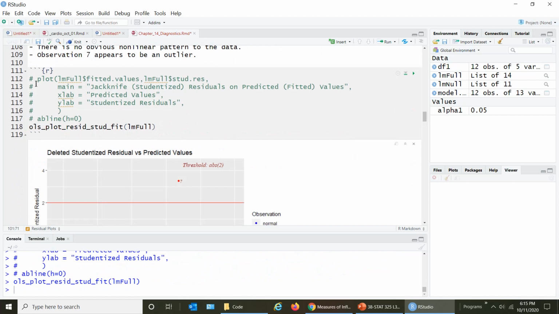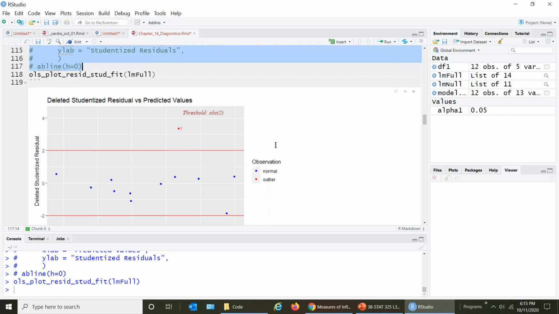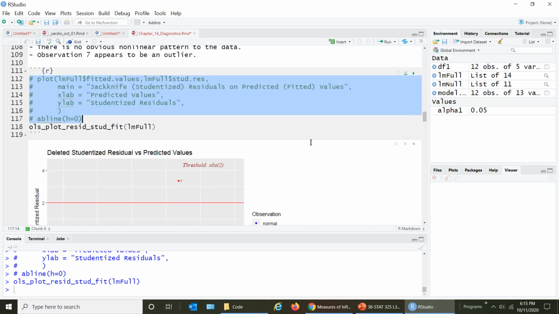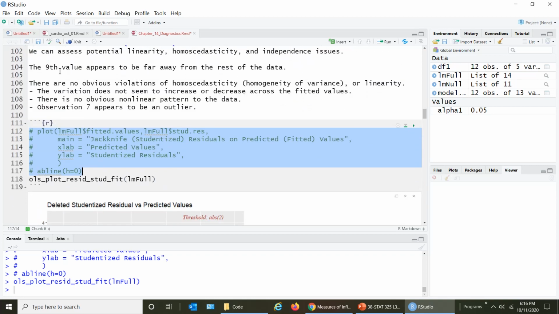Now, originally, I had written a function with the plot function, but I found in OLS that they had a much nicer plot here than mine. And they even give us this threshold, the absolute value of 2, and it shows us that a potential outlier is observation number 7. So that's very nice. But that's not what we're looking for right now. Right now, even though I said observation 9, it's 7,